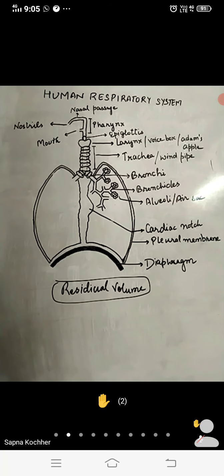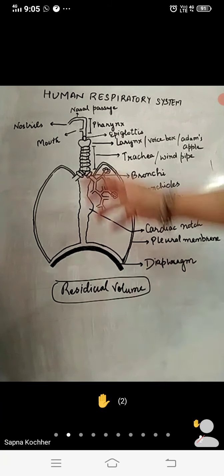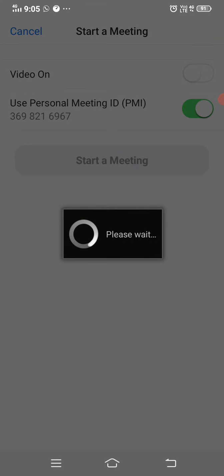Now, what is the significance of this residual volume? Why is it left there? Why is it not emptied out entirely? This is first because